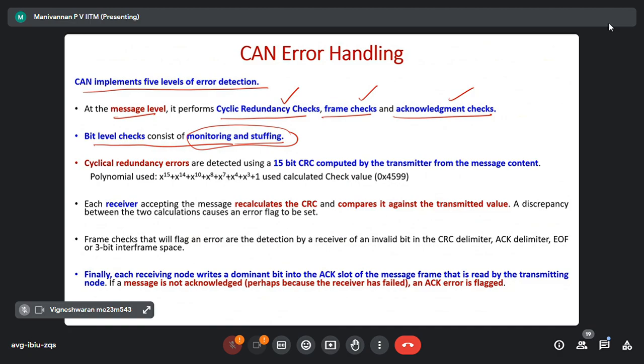Then the primary one uses CRC, cyclic redundancy code, using a 15-bit CRC computed by the transmitter from the message contents. It uses a polynomial, like a first degree polynomial, second degree polynomial; this is a 15-degree polynomial. So what it means is, we know that 15, so if we take a 15-bit binary data,